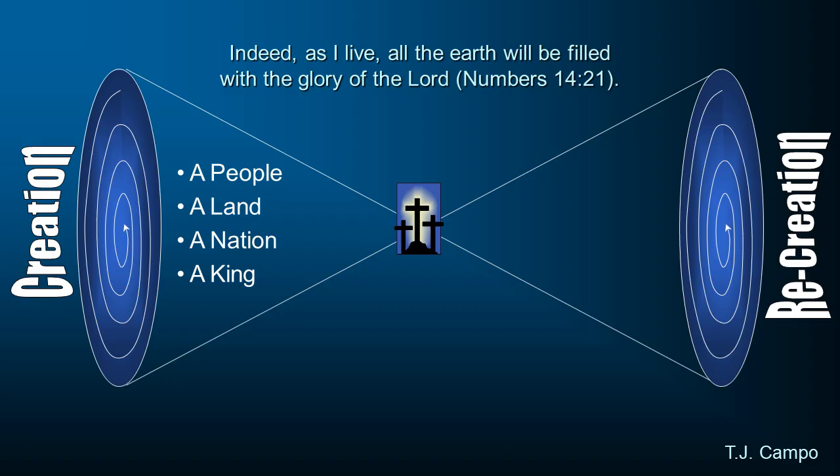Notice, as I live, all the earth will be filled with the glory. But the glory starts in the temple. When God shows up, he had showed up back in the book of Exodus in the tabernacle, but once the temple is built, he shows up in the temple. But then his glory removes itself from the temple in the Babylonian captivity. And the question now is, is it going to come back? And there's a promise in the book of Malachi. God says, I'm going to come back. I'm going to come back to my temple. I'm going to be there again, but not yet.